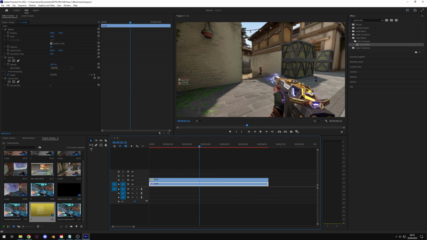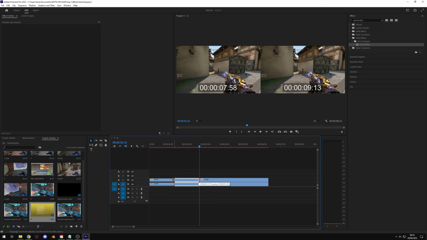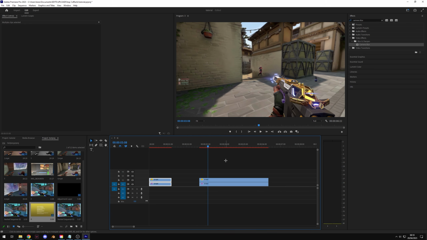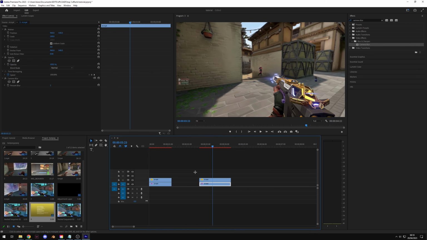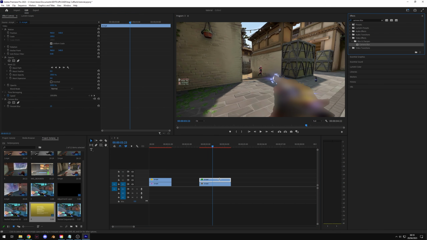Now, I wouldn't recommend having the background blurred all the time. If you're shooting at someone, you're probably going to want the opposite, which is what this second version is for. So I'm just going to cut that clip there so we have a background version and we'll make a foreground version now. So let's remove that camera blur from the background layer and instead we'll add it to the top layer. We'll lower our percentage blur to about 3 for example, and you'll see the mask looks kind of